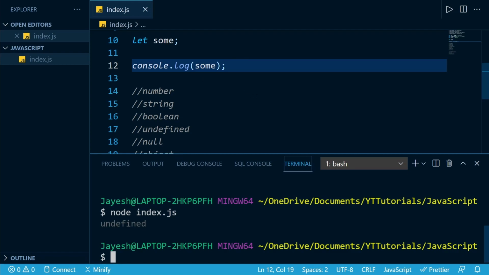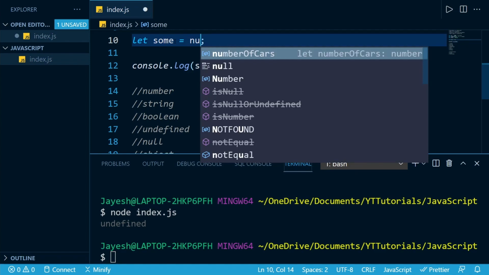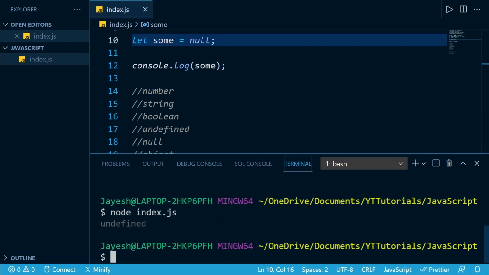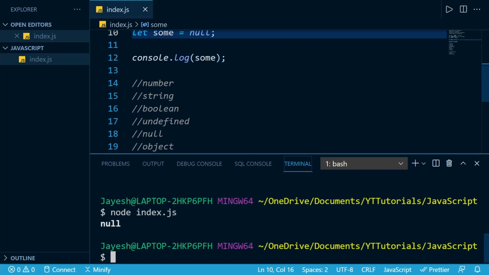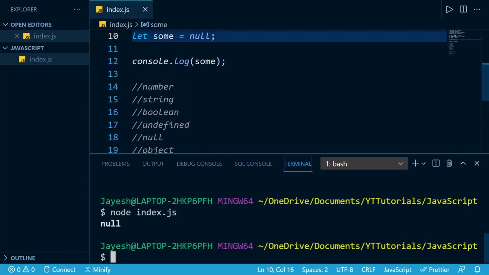We have not defined its value, but it could have been something like null. So we can also run this again. So now it's null. When we use null, it just means that we do have a value, but it's just an empty value. It does not contain anything. Null means nothing, and undefined means we have not initialized a variable yet. So those are some minor differences, but you need to be careful and you need to understand those differences if you want to work with JavaScript.